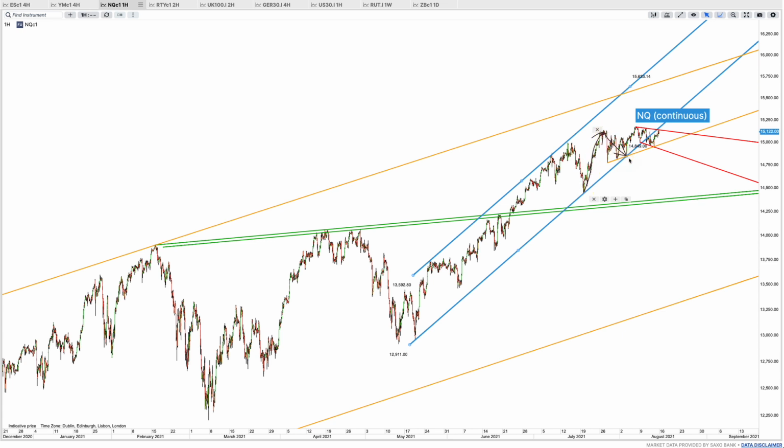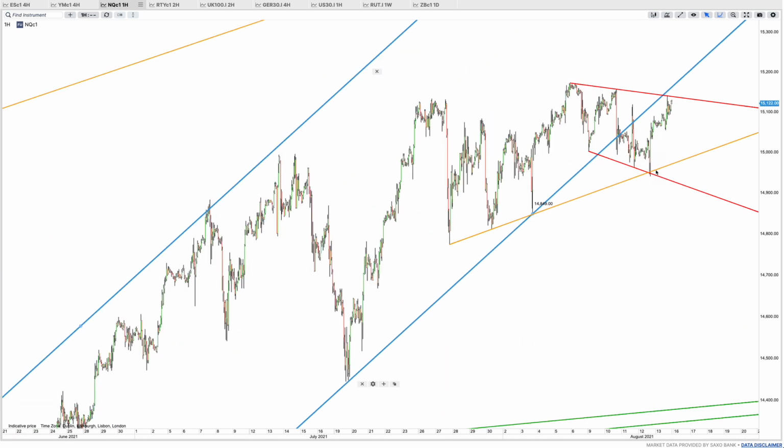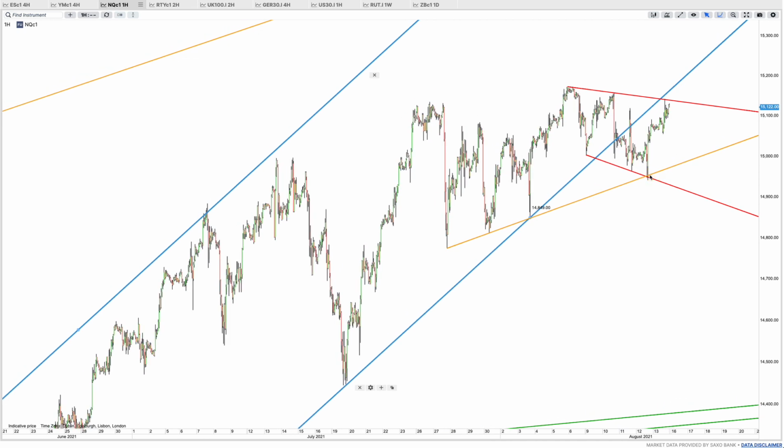Then it came back all the way to the blue bottom band, and it rallied again. I think I closed half of it here and half of it somewhere there, because I thought it may be broken. Oh, I'm very sorry. I closed half of it right here after the break and backtest of the blue. But then what happened was this week it found a double support right here. You can see that golden plus red, and once it held,